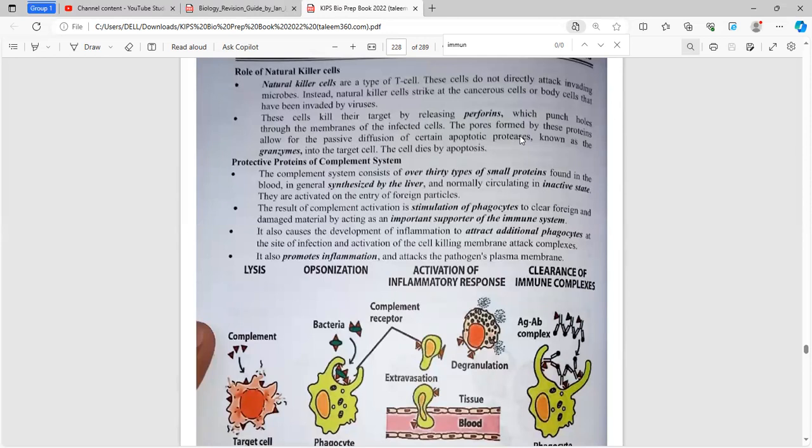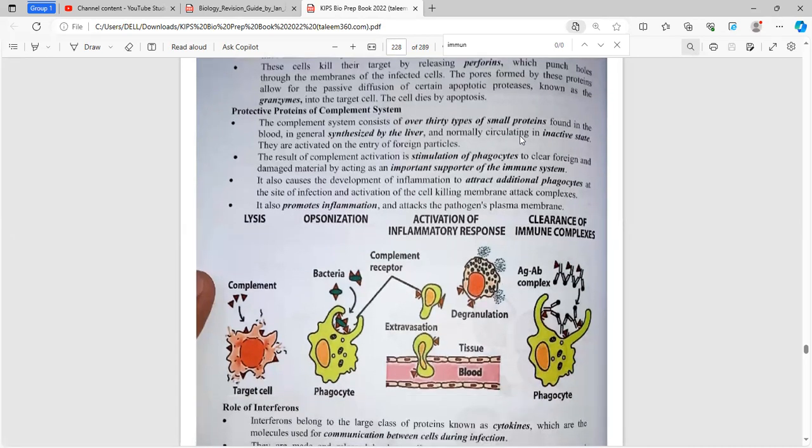Now there are basically levels of the complement system. First is cell lysis. Lysis means simply killing the cell. Opsonization is where the bacteria are presented on the top of the cell and then they are captured on it. And finally, immune complexes, in which antigen-antibody complexes are formed, and they are engulfed by the phagocyte and then eaten by it and later destroyed.